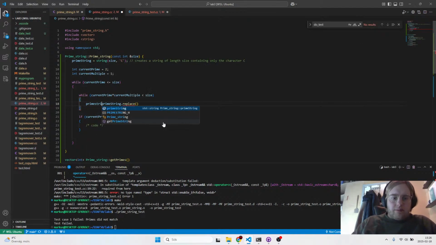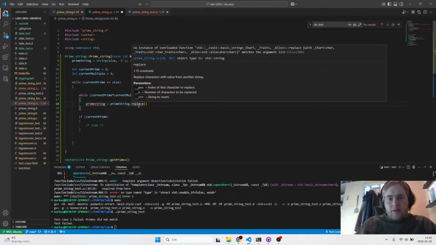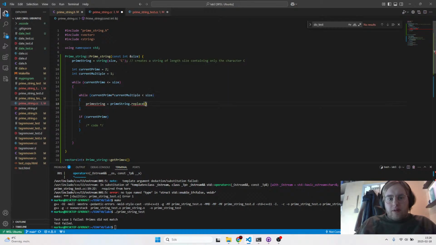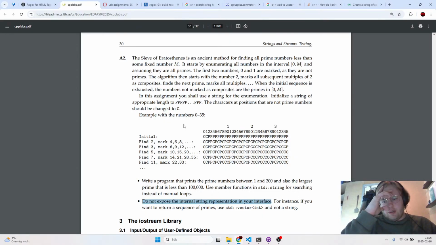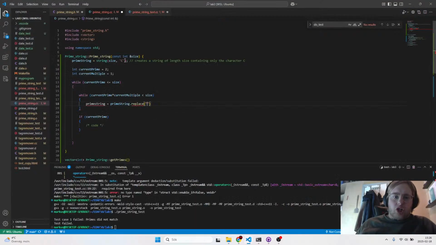So we want prime string to be able to replace C, or no, wait. Am I thinking about it the wrong way around? Okay, so we're actually starting with the letter P. So we're starting with all things are prime. And then we replace